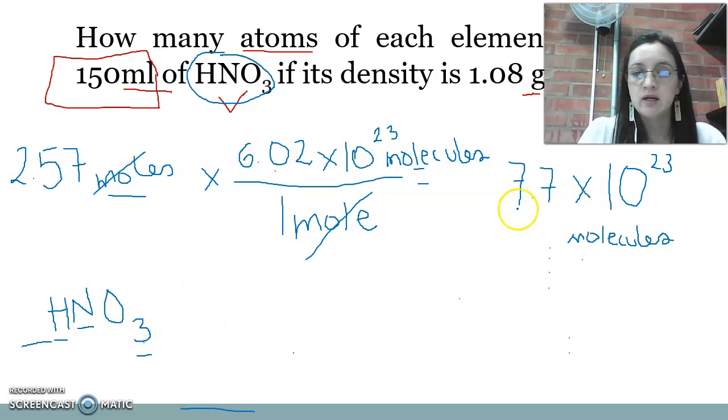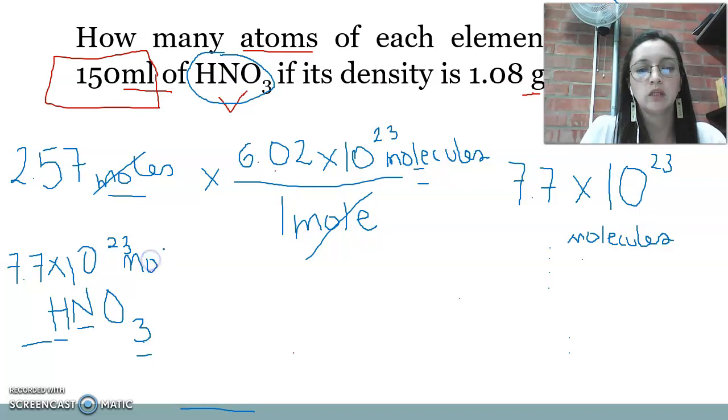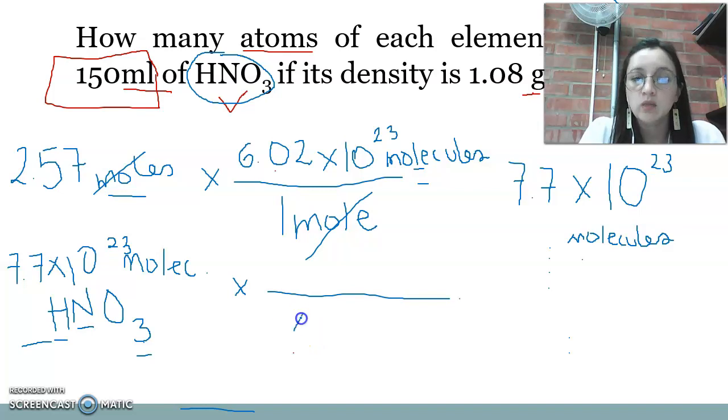So my starting number is going to be 7.7, because that's the number of molecules that I've got previously. 7.7 times, oh my god, something is happening with my pen, 10 to the 23 molecules. So we are looking at molecules of the whole compound. So now my conversion factor in this case is just going to be what I know. I know that in one molecule,